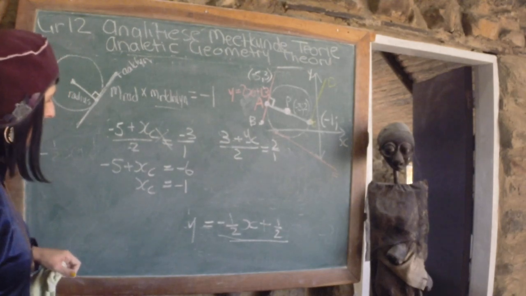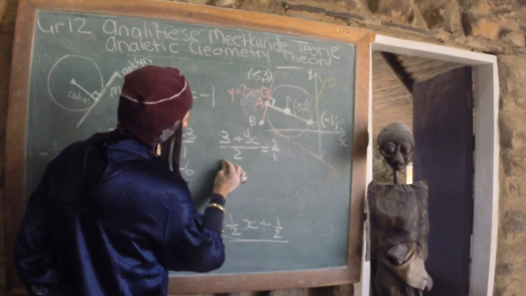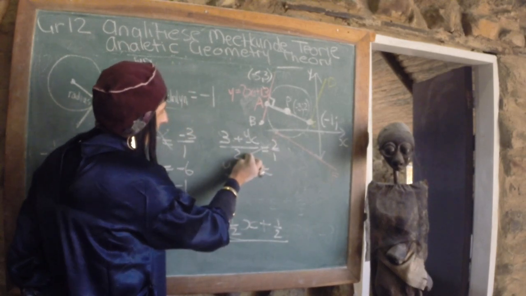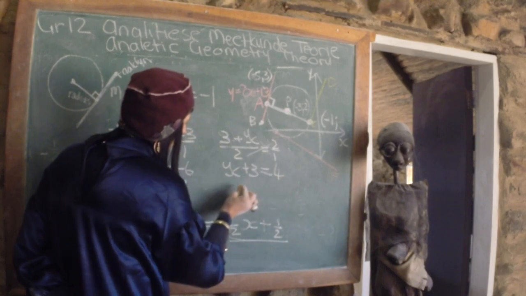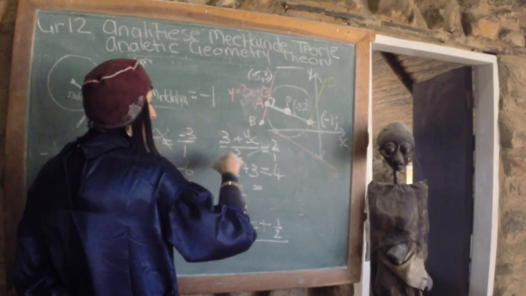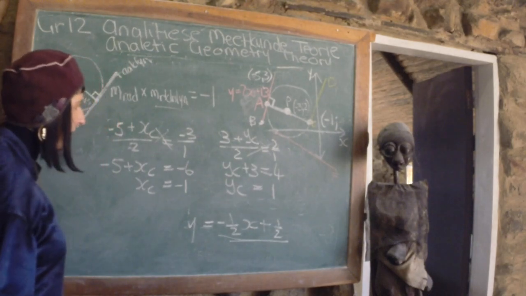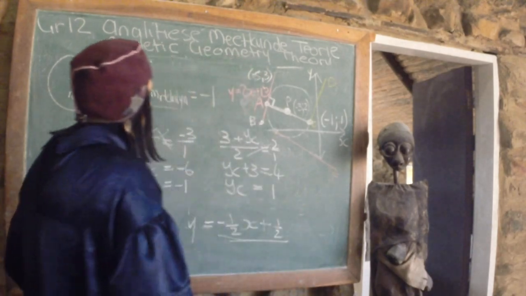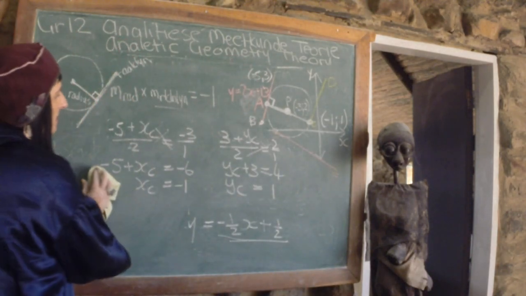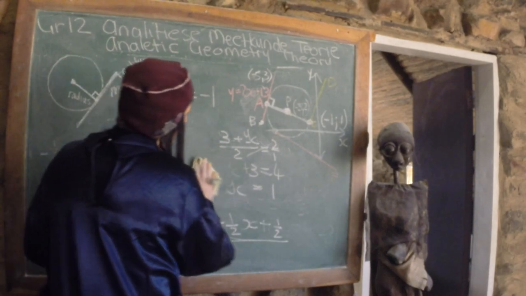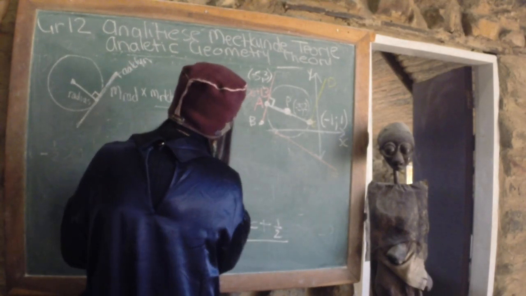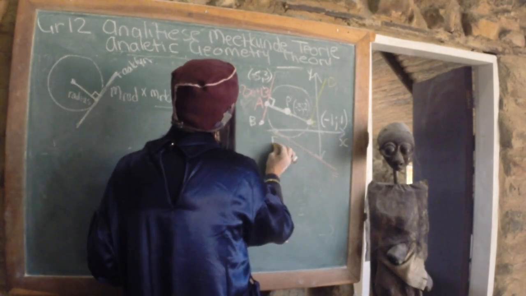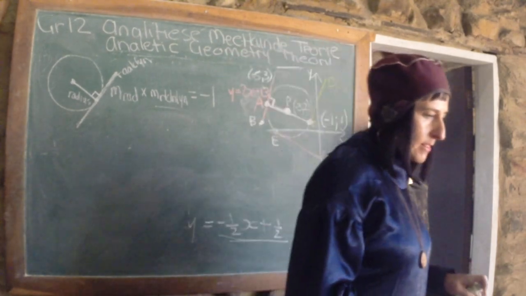It looks 100% correct. Kom ons skryf vir y. Ek het ac plus 3 van cross multiplicate and 2 times 2 gives me 4. So as ek AC kry, if I take the 3 to the other side of the equals to, it becomes a minus. So that equals 1. En dit lyk ook 100% reg. Daar het ek die koördinaat van C. C grade 12, you must use all your knowledge that you know from geometry and previous analytic knowledge to solve